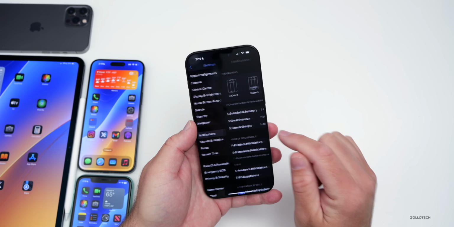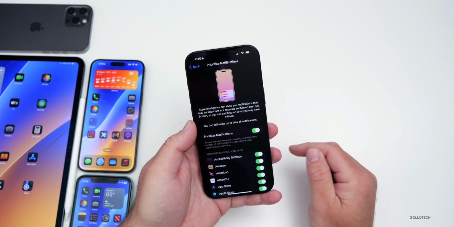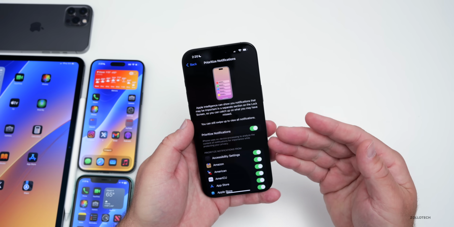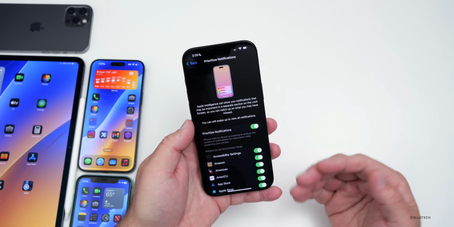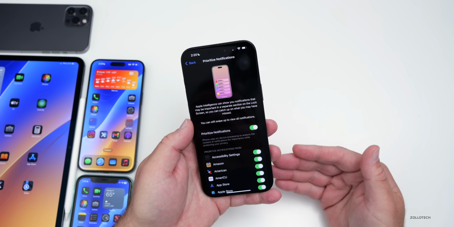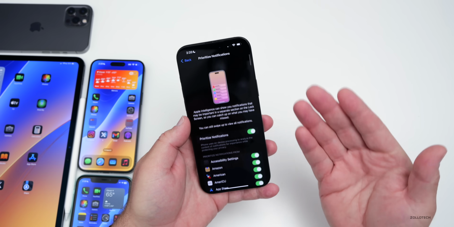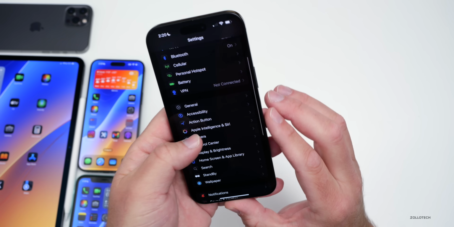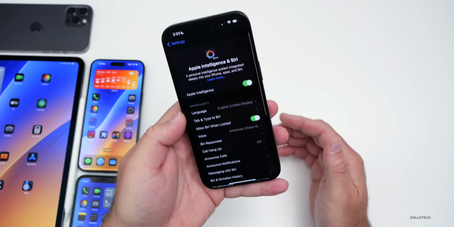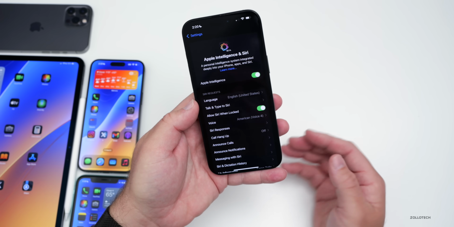If we go to settings and then notifications, we have prioritize notifications. We can still set this up now, enable it or disable it, and it gives a unique look when maybe a priority notification comes in. We can select the different apps that use it or not use it at all. For those that have been wanting to try Apple Intelligence, it's now available in more languages and countries,